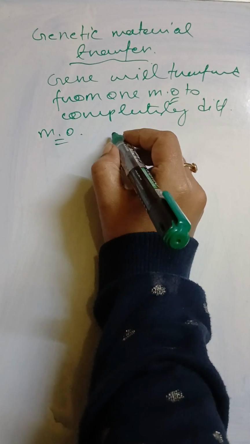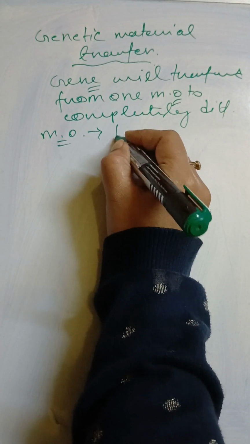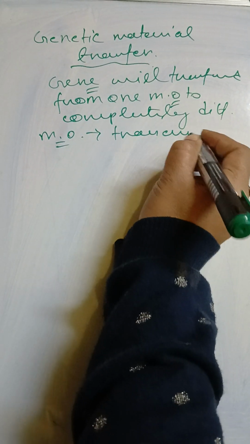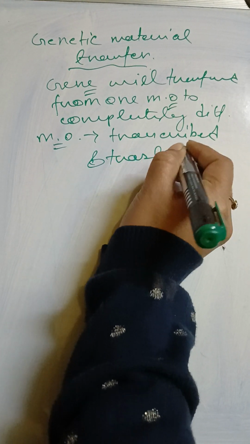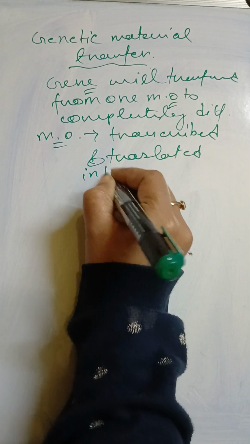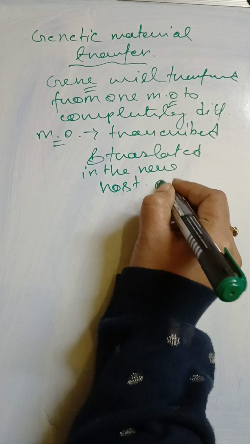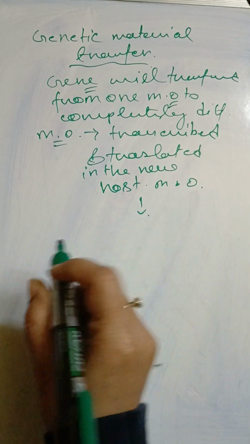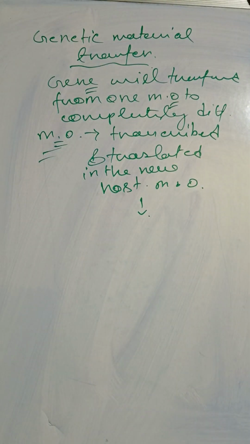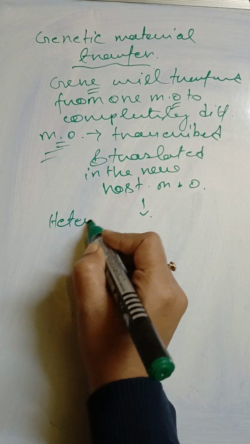Okay, and that gene is allowed to be transcribed and translated in the new host microorganism, and that will be expressed in the new microorganism, and this whole process is basically known as